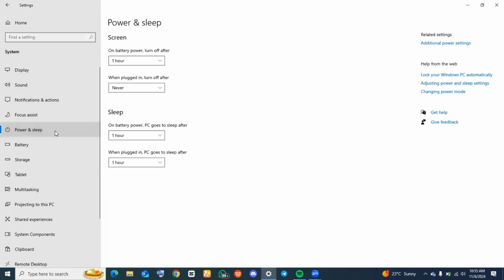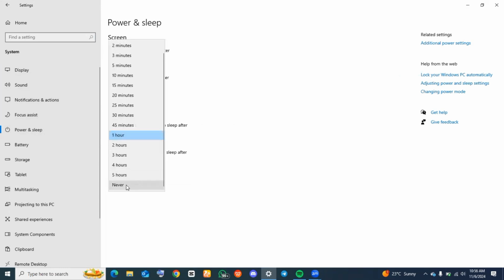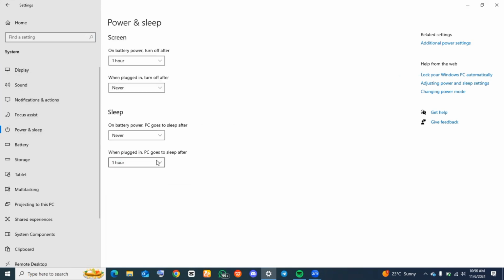Now you want to go over to where you see Sleep, and then you want to locate On battery power, PC goes to sleep after. You want to locate the drop down on this and click on it. Now you are going to be tapping on Never,